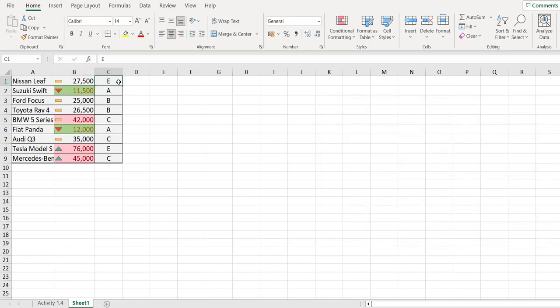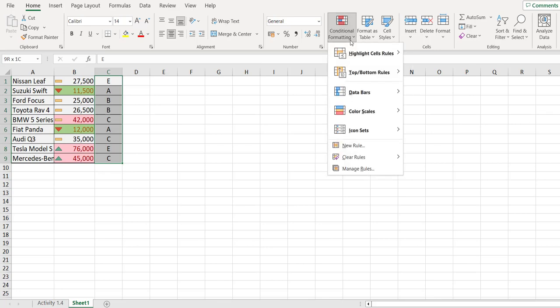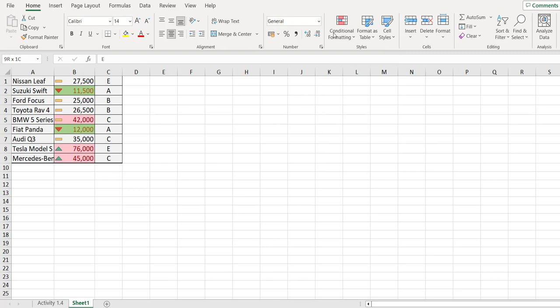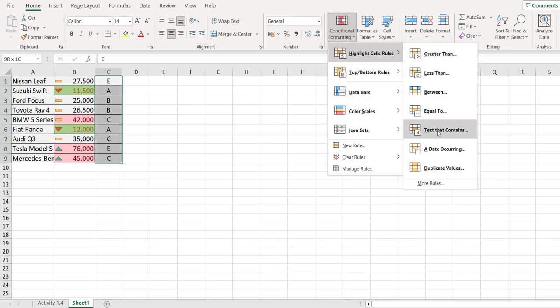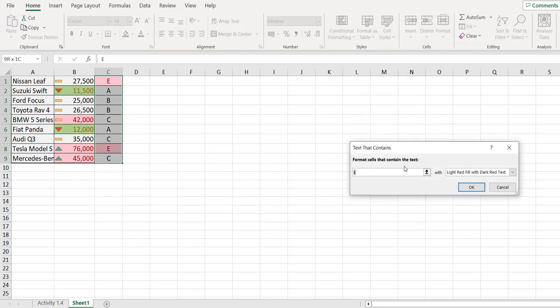Then we might want to also go and format our letters that we got here, and we want to add a certain rule to that as well. Okay, so once again, we're going to go and choose our highlight rules, and then we're going to manage the rule. And we are going to choose highlight cell rules, and we're going to choose the text that contains option, and I'm going to say A,